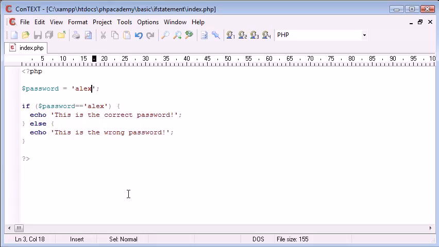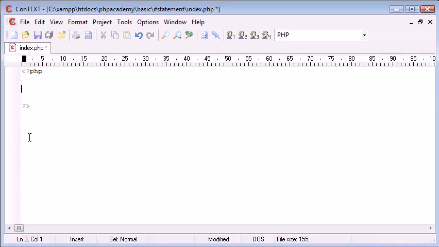Okay, now let's just take this into a completely different example. I'm going to create a variable called age, and this is going to be equal to 21, so we're using an integer type here. Now I'm going to create an if-else, but with an else-if as well. This obviously sounds really confusing at the moment, but we're going to create our if statement saying if age is bigger or larger or greater than, however you want to say it, 21,